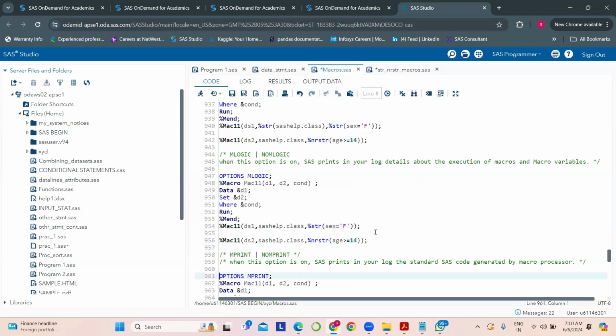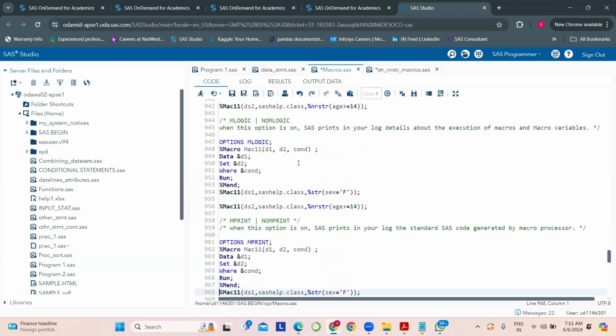Yeah. Next one, MPRINT. That is MLOGIC. So it prints the logic of the particular data step or proc step. Next,